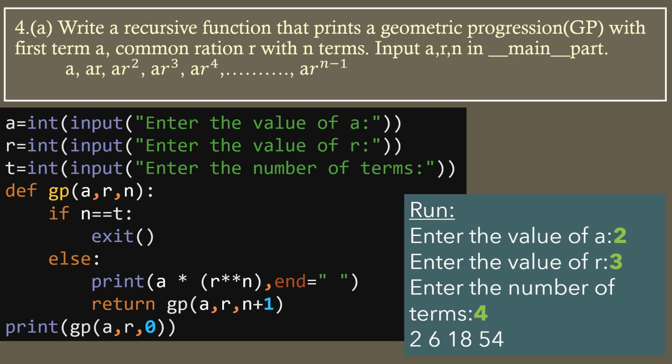So once you run the program, it will ask you to enter the value of a, let's say it is 2, and suppose the value of r is 3, and number of terms, let's say 4, because I want to print 4 terms. Okay, so you can see the output is like this: 2, 6, 18 and 54. 2 is 2 into r to the power 0, as you can see here, so that is nothing but 2. The second value is 2 into r to the power 1, that is 3 to the power 1. So 2 into 3, that is 6. So like this it has printed 4 terms.